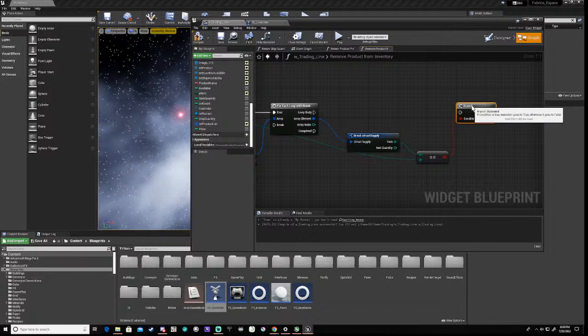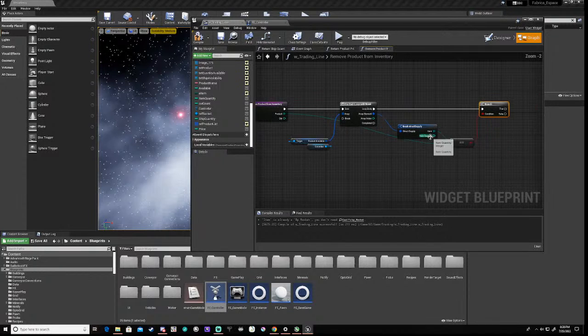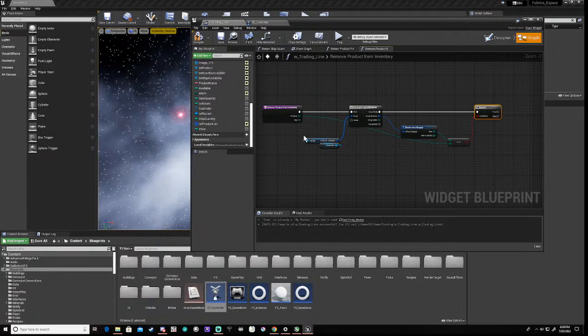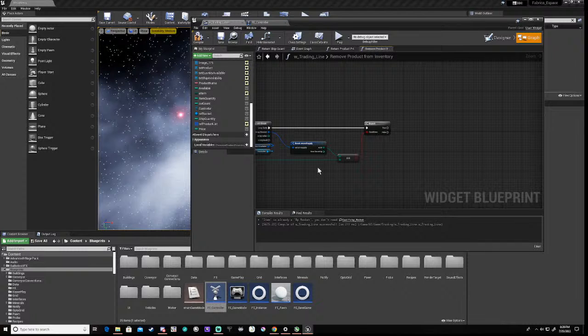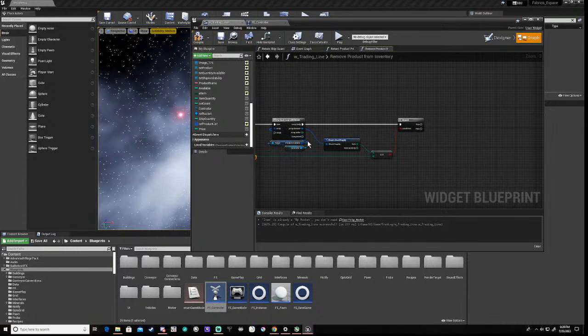And now when we do that, because these are tied to this, we'll tidy that up. Then we'll bring this down a bit, tidy that up. That's looking better already. And now what we do is we basically